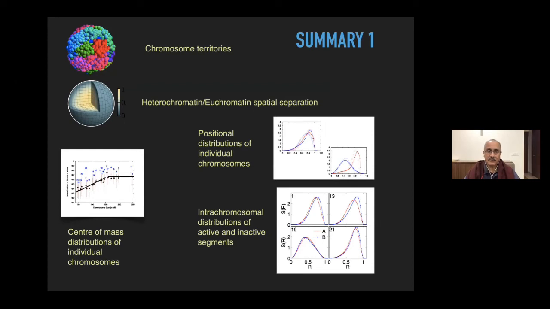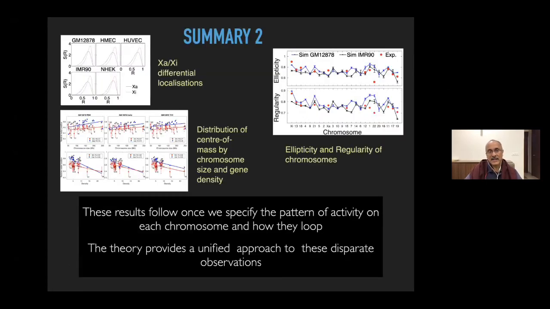I talked about the heterochromatin, euchromatin spatial separation. I talked about deriving the positional distribution of individual chromosomes. Within each chromosome, the distribution of active and inactive segments, the center mass distribution of individual chromosomes. I talked about the differential location of the active and inactive X chromosomes, the perennial question of are you distributing